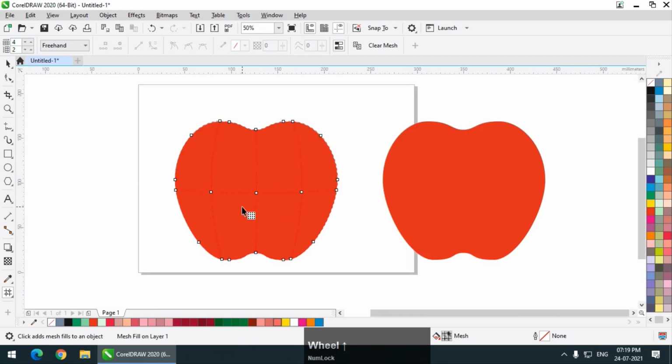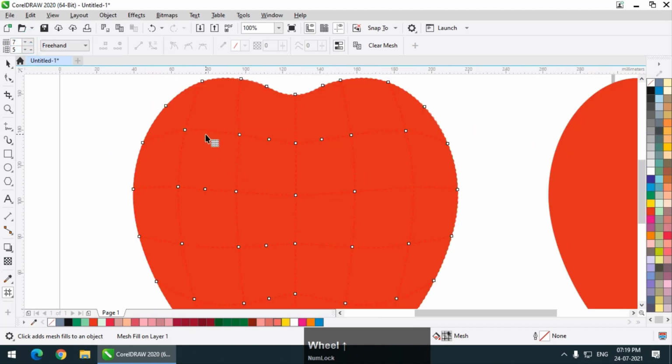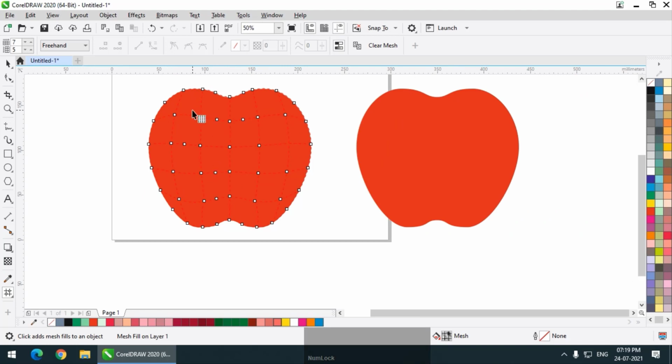I know it is difficult to see the red lines because the apple color is also red. I'm again going to add some rows, so you can tell by the points that we are adding points. So let's say if I want to make this portion over here a bit darker, I will add some more columns like this.